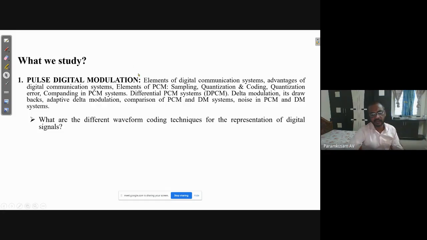In this, the particular waveform coding techniques are PCM, that is pulse code modulation, differential pulse code modulation, DPCM, and delta modulation.